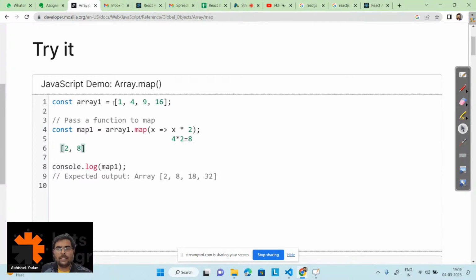So what is happening? We are traversing the whole array, we are picking an element, on that element we are performing some task, and after performing that task, whatever value I am getting, I am storing the value inside the array again, right everyone? That is, I am transforming the data. So here also